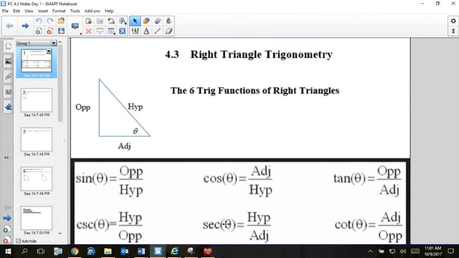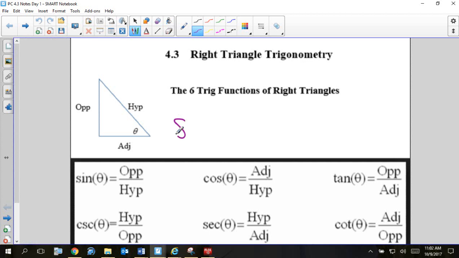Okay, so a quick review on SOHCAHTOA. You guys remember SOHCAHTOA? What's S stand for? Sine, opposite, hypotenuse, and what? Cosine, adjacent, hypotenuse, tangent, opposite, adjacent. We're talking about when we are finding the trigonometric ratios of sine, cosine, tangent in a right